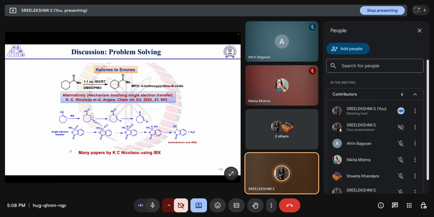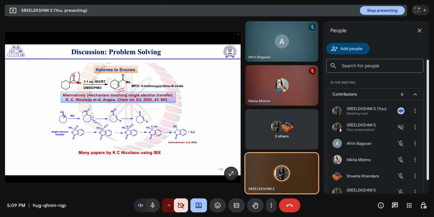Then this is another example where this ketone is converted into this alpha beta unsaturated ketone using this IBX. So another mechanism which is reported by the Nicolaou group for this type of reaction is given here. So there, firstly this hydroxyl group is getting a proton, and this bond is cleaving, so a radical will be generated here and a radical will be generated here,